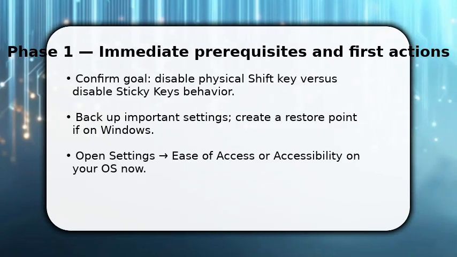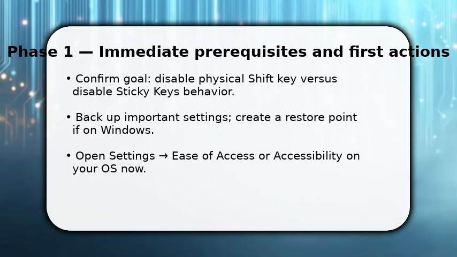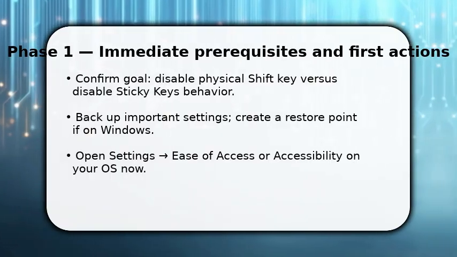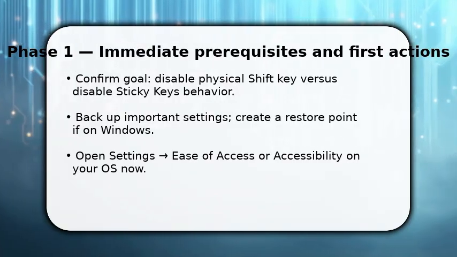Enjoy the video. You want to turn the Shift key off. Start by defining whether you mean the physical key or the accessibility feature. Once done, make a quick backup or create a restore point on Windows because you may change registry or system